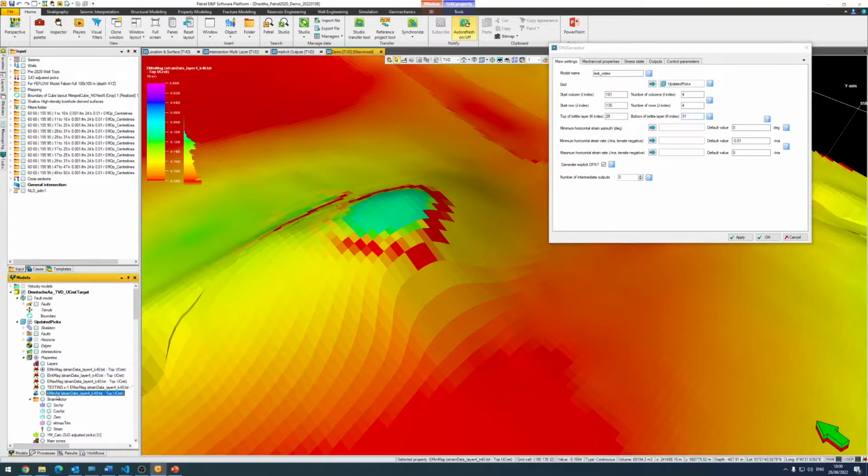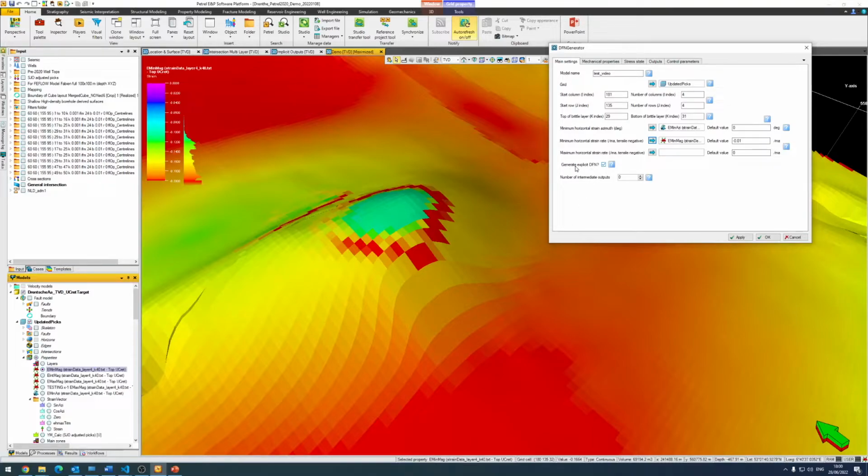So minimum horizontal strain azimuth, we're going to take the emin-asi here. As you can see, we do have default values in here. If we didn't insert grids into these sections, the default value will be used instead. And in fact, that's what I'm going to do here. I'm going to take the minimum horizontal strain azimuth as detailed by a grid. I'm going to put the minimum horizontal strain itself, that's emin-mag, in as a grid. And then I'm actually going to use the maximum horizontal strain rate as default 0, so that'll be uniform across